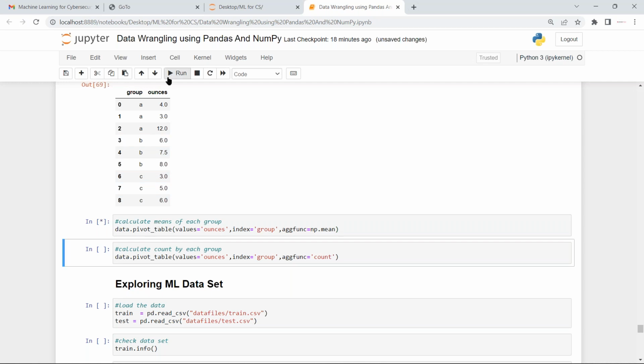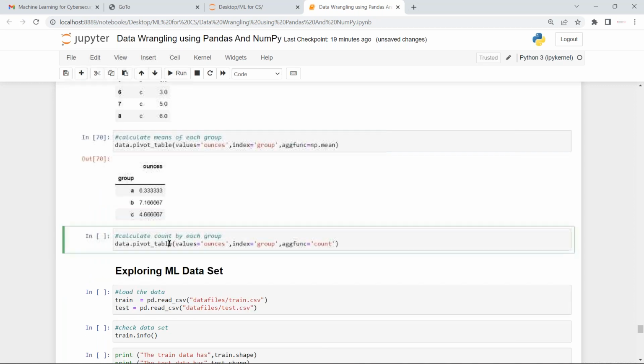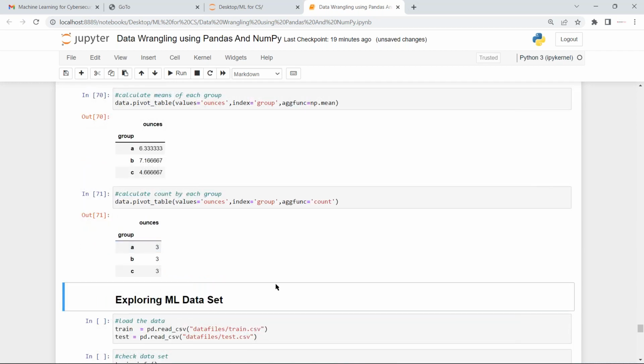So let me run this, and here you can see that we just found the mean of ounces on the basis of the different groups A, B, C. So again, this is very important. In one line of code you are able to do this. Let me run this, and here you go. A, B, C. Let's go ahead and